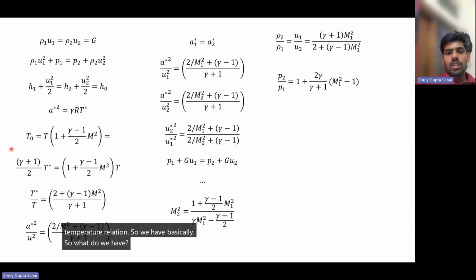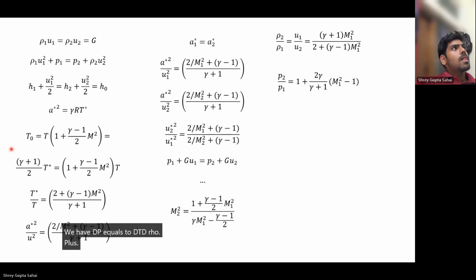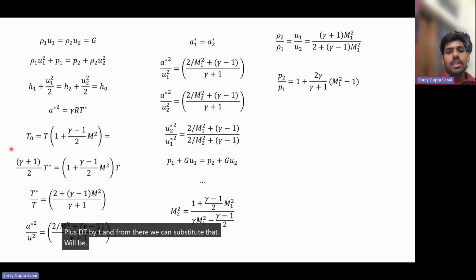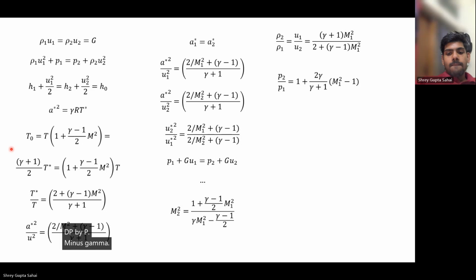We have dP equals T d rho plus, so we have dP by P is d rho by rho plus dT by T, and from there we can substitute that. It will be dP by P minus gamma d rho by rho. Does that make sense? Now this gamma,